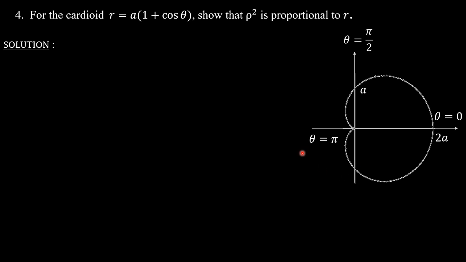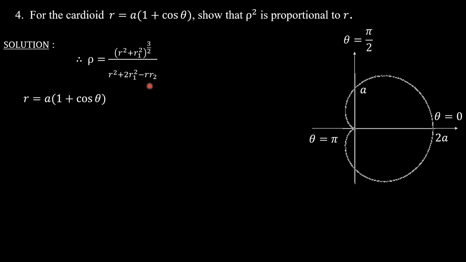Okay, just observe the curve, students, and since the curve is in terms of r and theta over here, it's a polar curve, and the radius of curvature in the polar form is given by rho is equal to (r square plus r1 square) to the power 3 by 2 divided by (r square plus 2 r1 square minus r into r2), where your r1 and r2 are the first order and the second order derivatives of r with respect to theta.